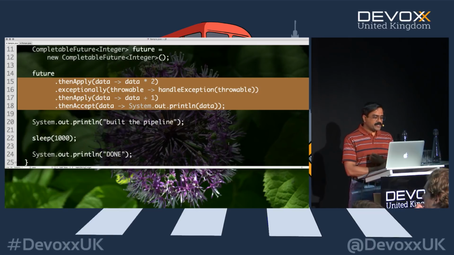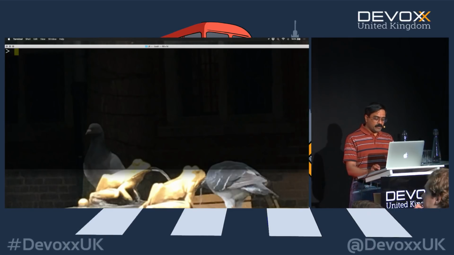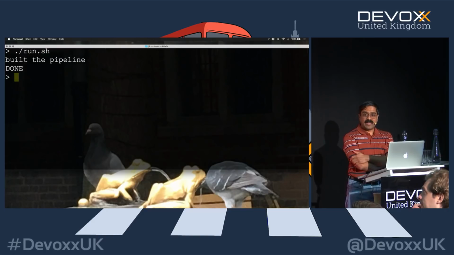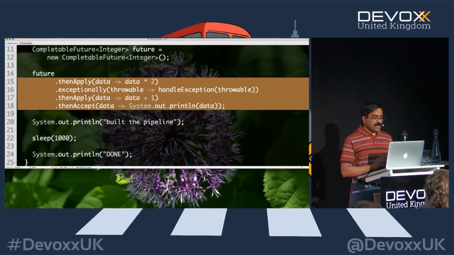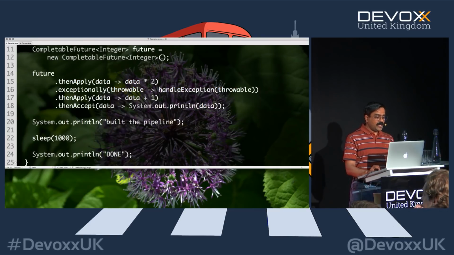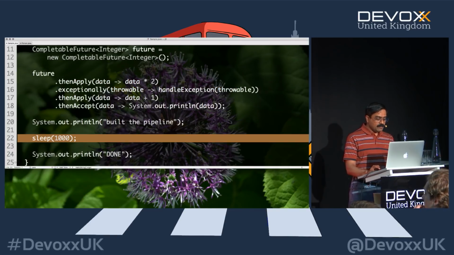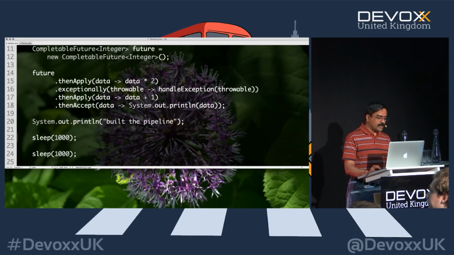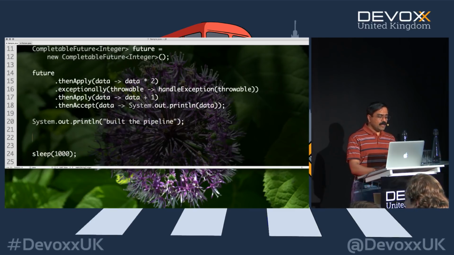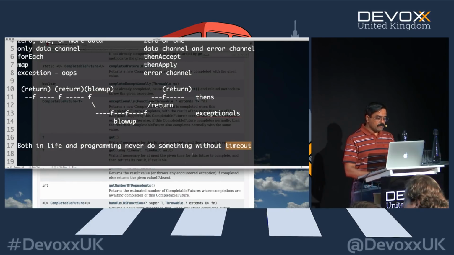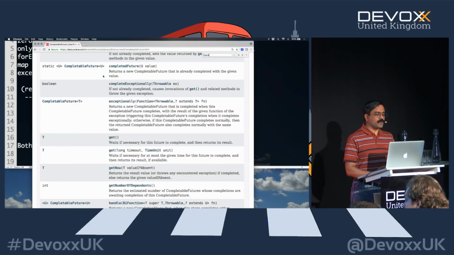So going back to this example, clearly, I am not really resolving this. It's going to end up in a pending state for a very long time. So what do you do about it? Well, in this case, after a second delay, I am going to say future dot complete on timeout. So this is a method where I'm going to ask it to complete successfully, but